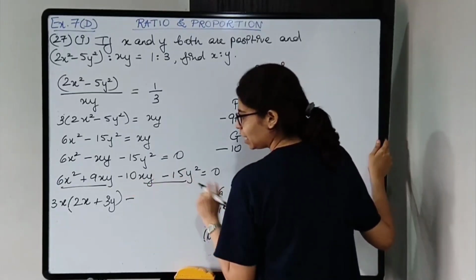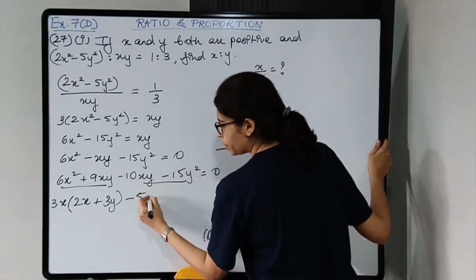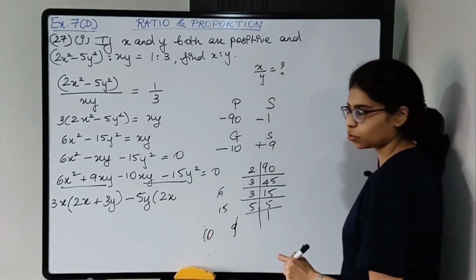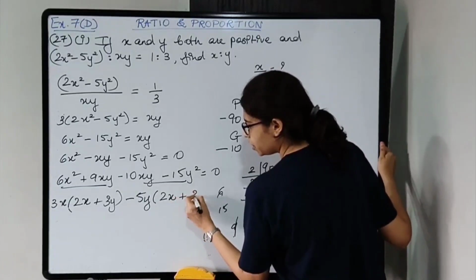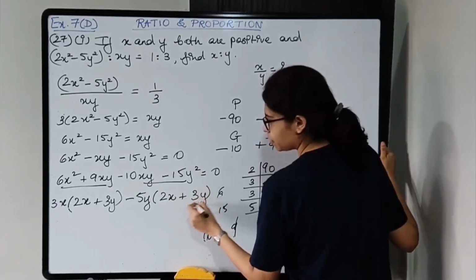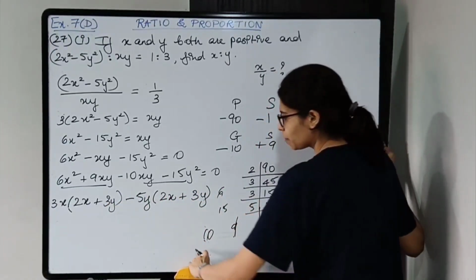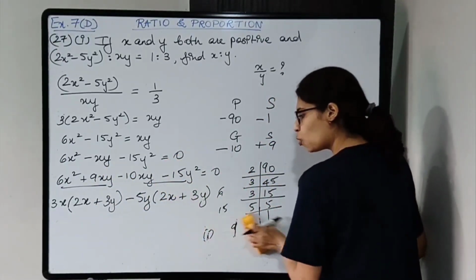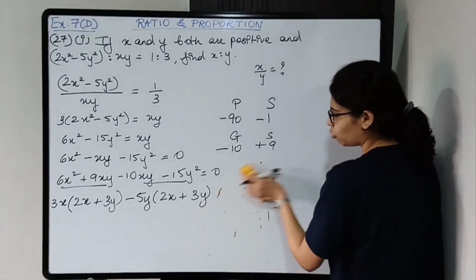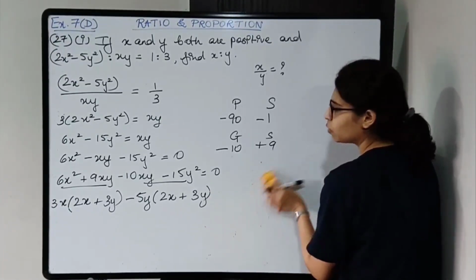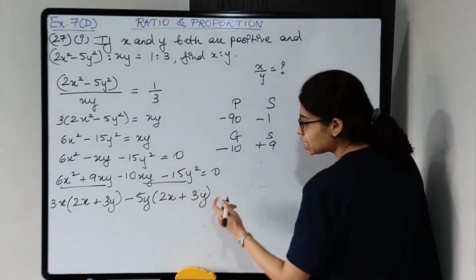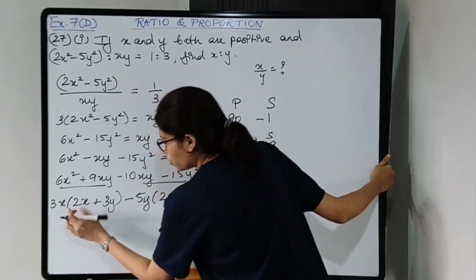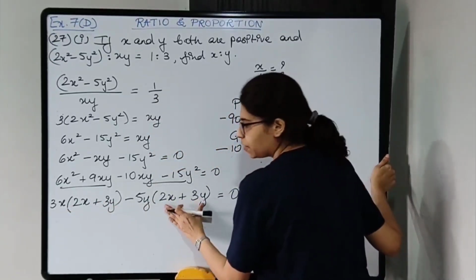So here I can take 5 common and 1y common. So 5 2s are and 1 x is left. Okay, and 5 3s are 15 and 1 y is left. So we should get same brackets. Okay, on opening the brackets you should get the previous step. मिल जाना चाहिए तो ही it is correct, otherwise you are going wrong. Okay, so always cross check. Are you getting the previous step with same signs? Then it is correct. Now, so 2x plus 3y, 2x plus 3y we can take common.